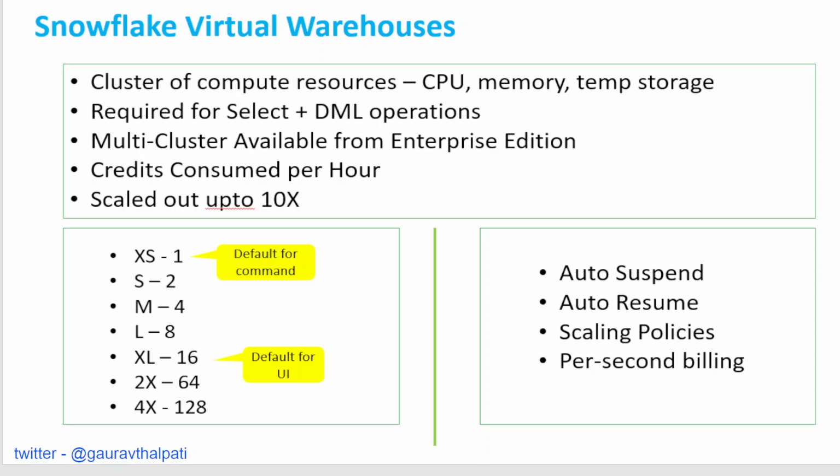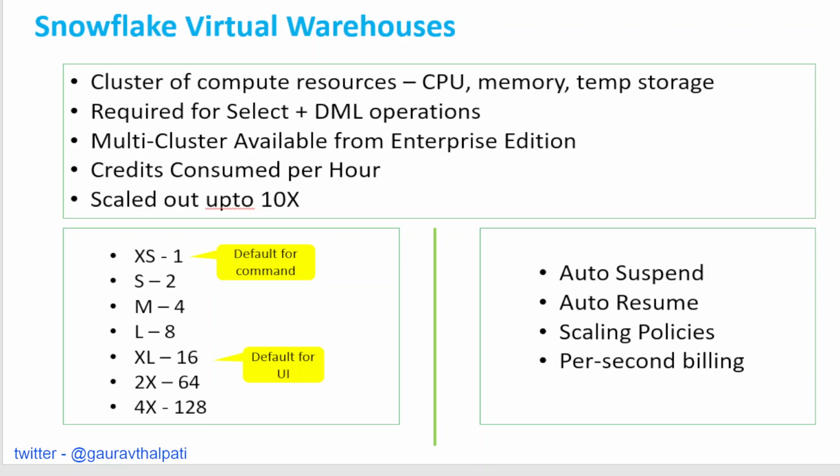To give an example, let's say you are running a query which is taking 10 minutes on extra small, but you want it to be completed within, let's say, less than 5 minutes. You can try upsizing your cluster to small. Now, what is the difference in these two, right? XS comes with one CPU, whereas small will come with double the size of that. So you will get exactly double the compute power.